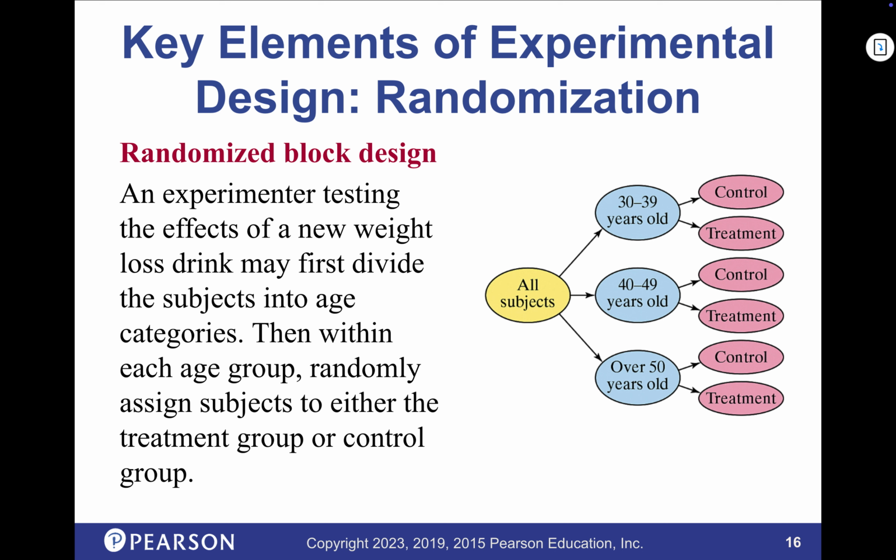Okay, and we'll look at how random assignment can work. Make sense? Okay, so no randomness at first, but get them into the categories we want, because we want to see if there's an age effect on the treatment we're doing. So get them in our age group, and then we treat and don't treat. Maybe we divide them into male and female. Maybe we divide them by some other method.